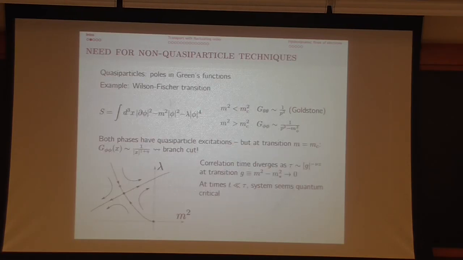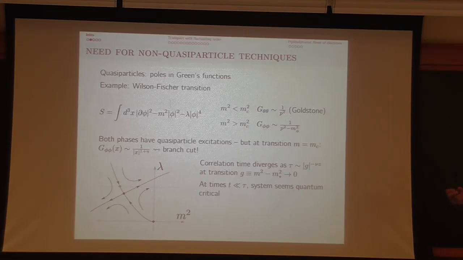And I think it's important that we have such descriptions that don't rely on quasi-particles. One reason to see this is because of critical points. Critical points are typically described by interacting conformal field theories. The canonical example in 3 dimensions is the Wilson-Fisher transition. It can be described with this phi-4 type action. So you can imagine that I have just a free scalar in the UV with 2 relevant deformations. Those are both relevant in 3 dimensions. And I just imagine flowing to the IR. There's an interacting IR fixed point, which is a CFT that can be thought of as describing the infrared of the system at the phase transition.